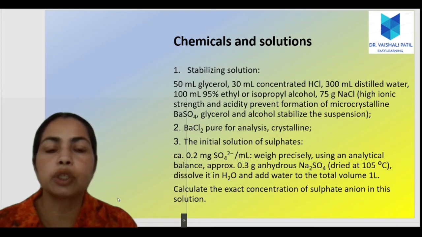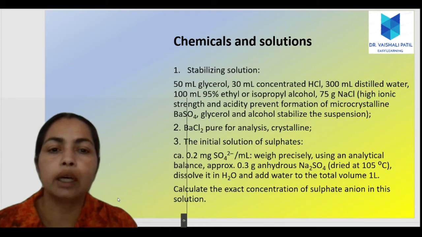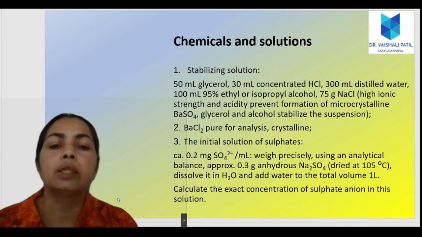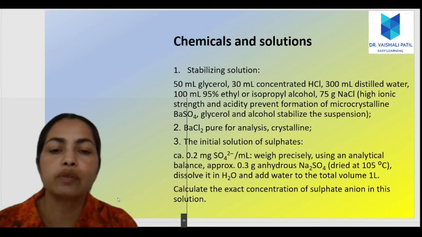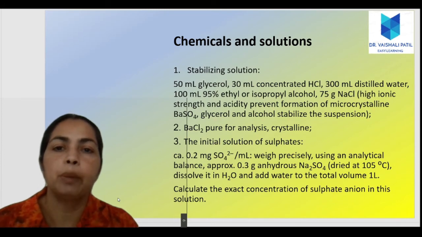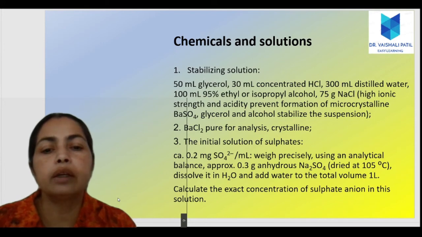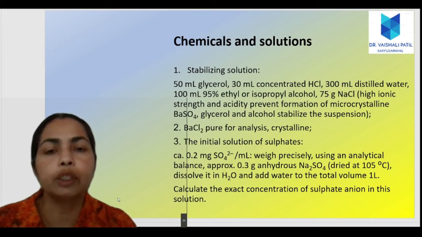We can use glycerol, concentrated HCl in distilled water along with ethyl or isopropyl alcohol, sodium chloride, and we will require barium chloride, a pure sample for analysis in crystalline form. Then we will prepare the initial solution of sulfates, where we will take 0.2 milligram of sulfate ions per milliliter, and we will weigh precisely and add approximately 0.3 gram of anhydrous sodium sulfate,